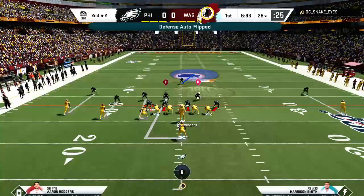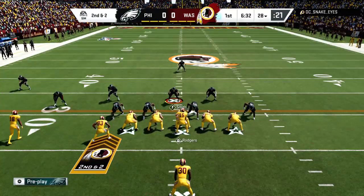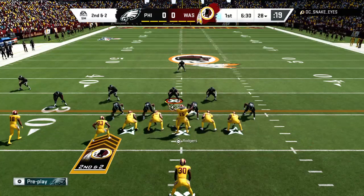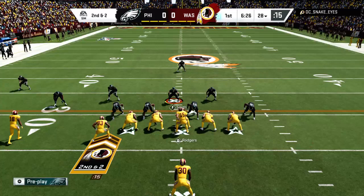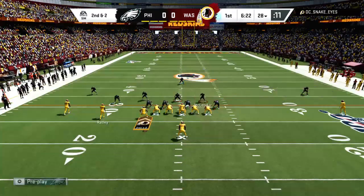Line of scrimmage, the 28 now as they come up on 2nd and a couple. Check. Fresno. Joker. Hey, check Mike 33. All right. Here we go. Let's go, D. Let's go. Plant. Get